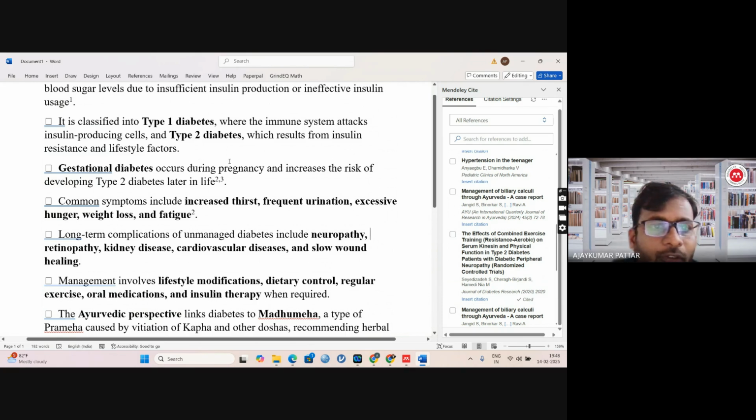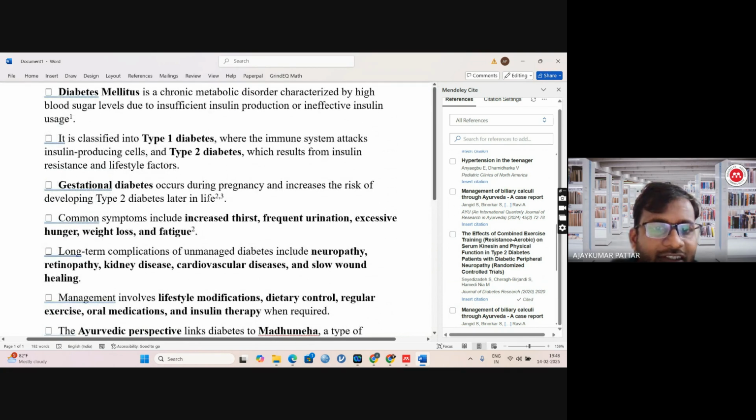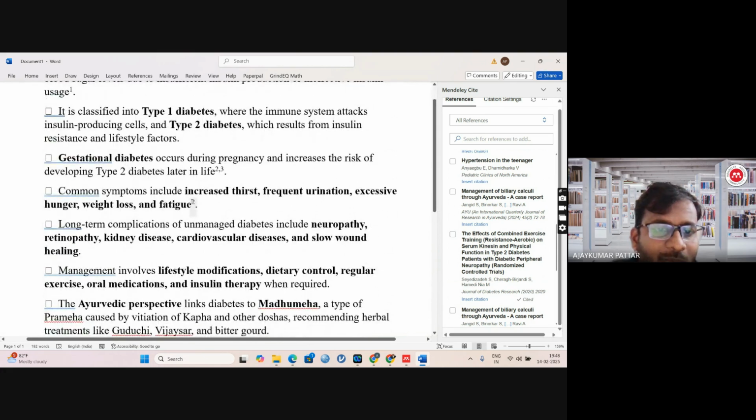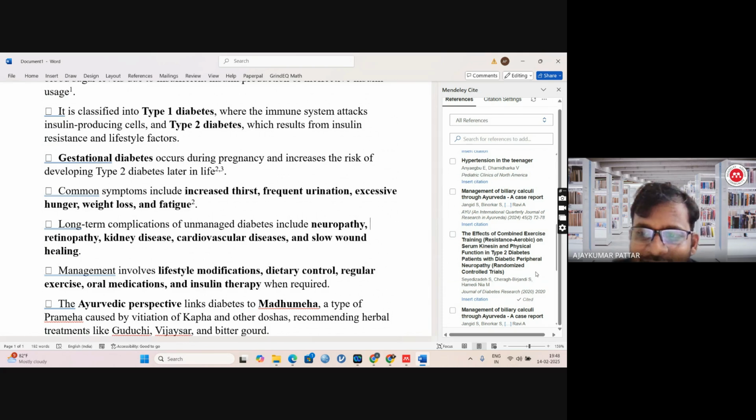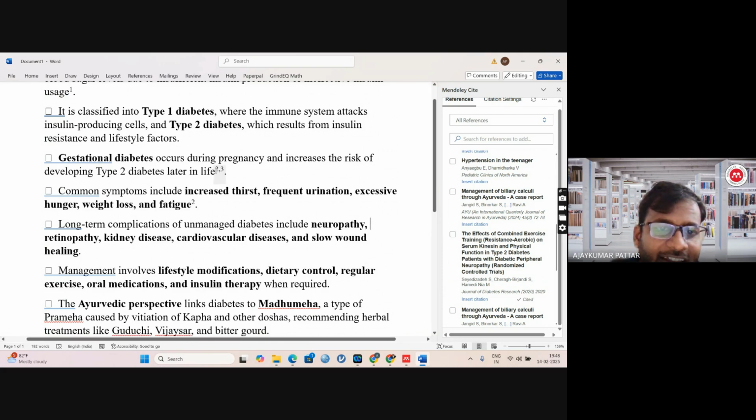Actually it should come 1 first reference, second, third, and it should become 4. Why is it taking 2? Because the same paper I am citing, the second paper I have cited already. From the same paper this information I am citing, so it is giving 2. So it is doing actually the correct thing,